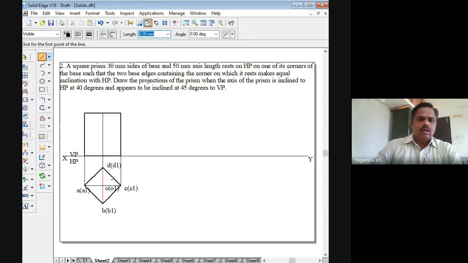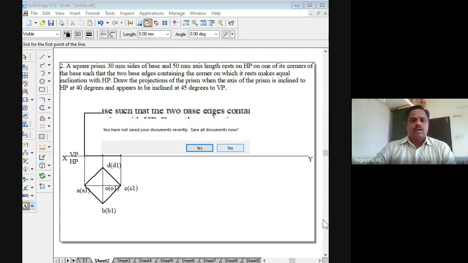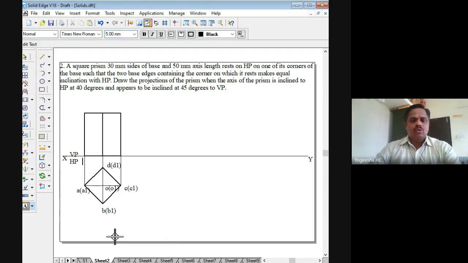And this line here will be a thick line, because when you look from the front, the edge BB1 is visible. So this is B1 dash and this is B. So this is visible. Axis will be hidden behind that, so no need to mark the axis point there. Right. Now I'll go for marking these points. So this is A1 dash, and this point is B1 dash in the bracket D1 dash, and here is the point C1 dash.